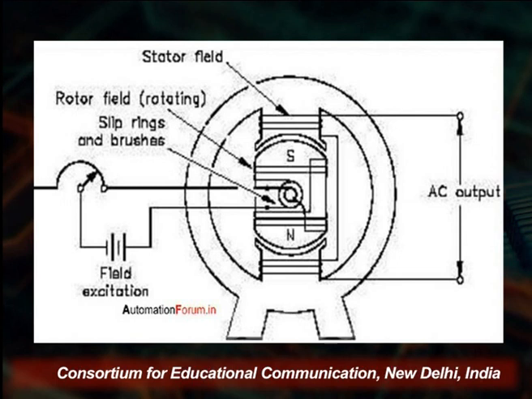Here the magnetic field is stationary and the rotor is rotating. So this is the type, and both types we can do by applying the current or taking the